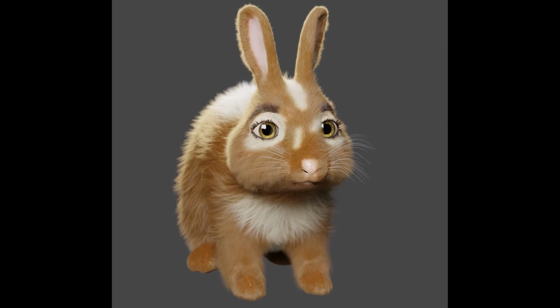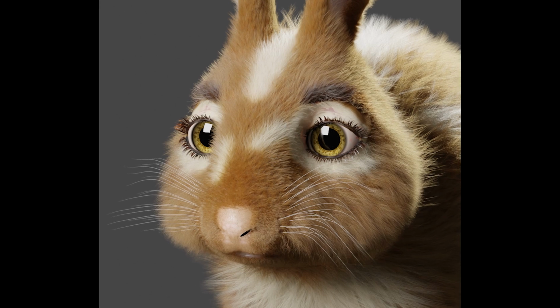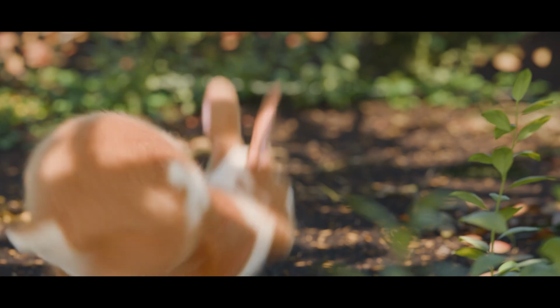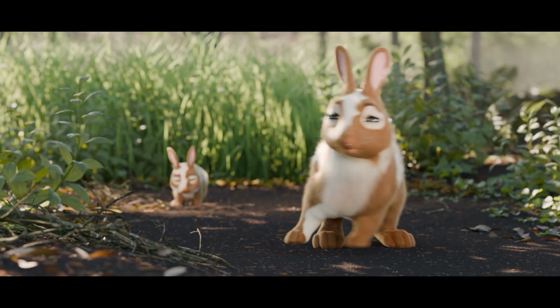Prior to this project, I had never created, rigged, and animated a character from scratch, so that was clearly going to be the biggest challenge. I decided to spend some time up front creating a test rabbit as a proof of concept to define the look and basic design aesthetic. As you can see, the test rabbit looks very different to the production model.